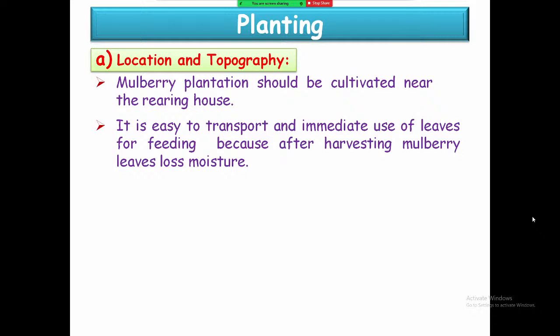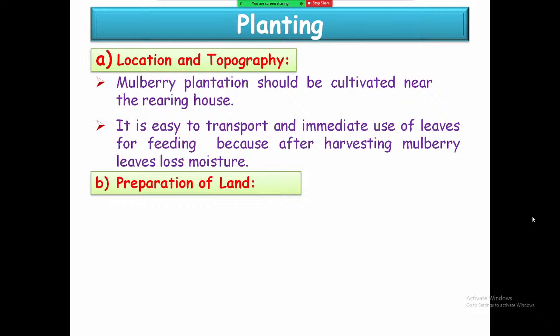The harvested leaves of the mulberry plant are immediately given to the silkworm for the feeding purpose, because when you are late to give the mulberry leaves to the silkworm, they will lose the moisture. Okay, so for that purpose the mulberry cultivation should be near the rearing house. Then